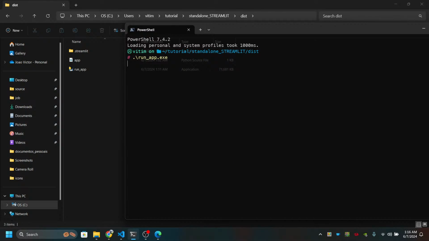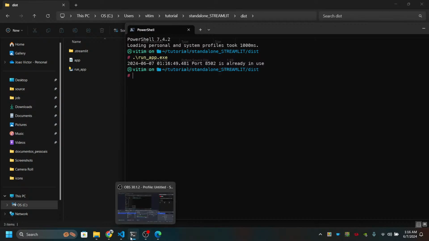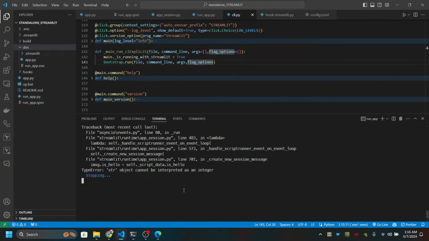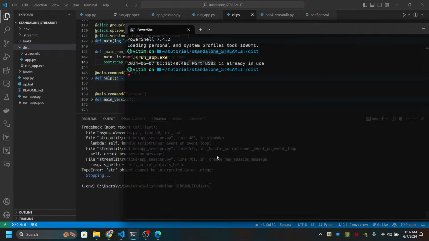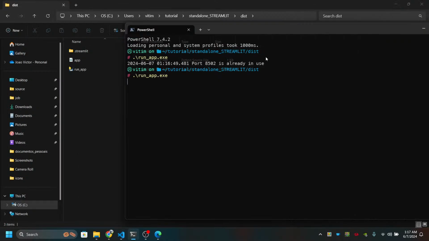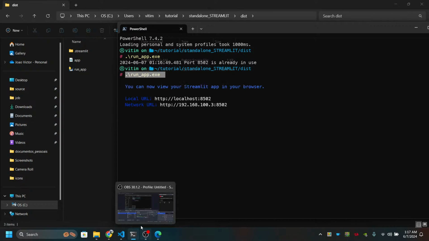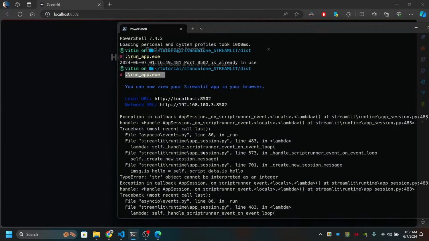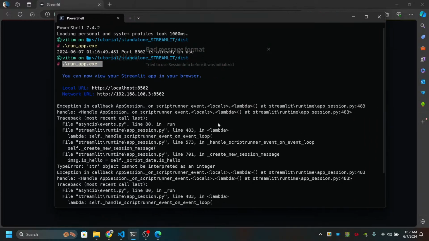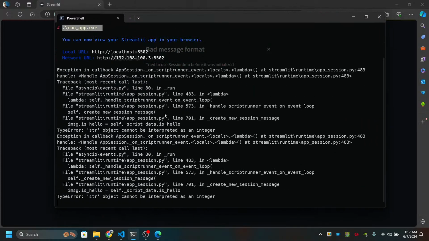Okay, this could not work, but yes, the port is already in use. So it's literally working. So let's stop here and let's run here. So we are running this executable that we just generated, and this error is because we are not passing an argument. Yes, there is an argument. We should pass